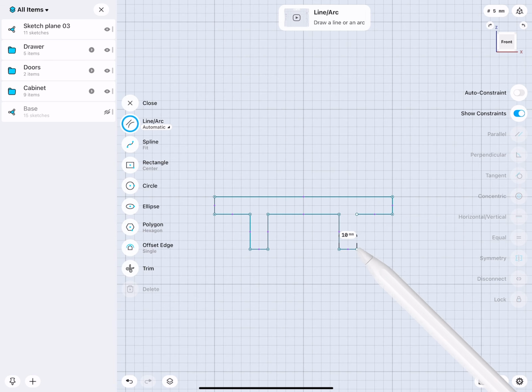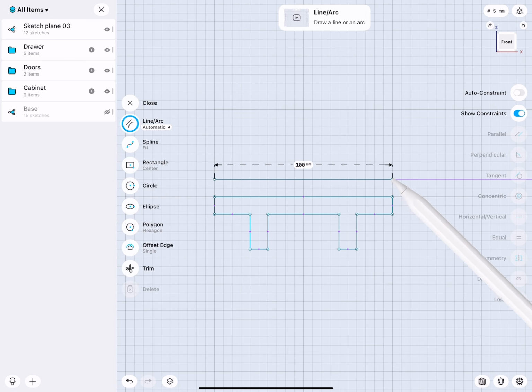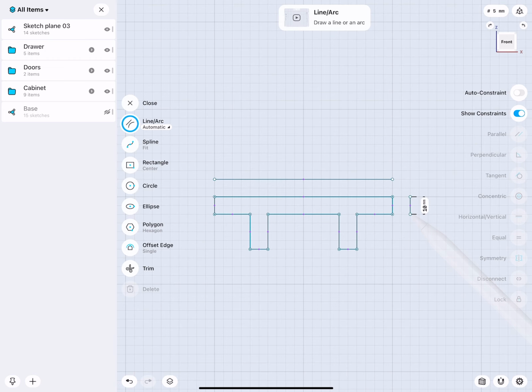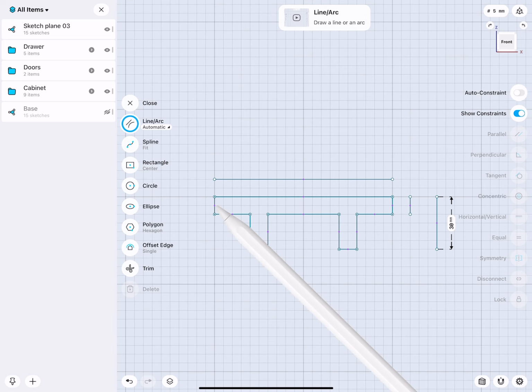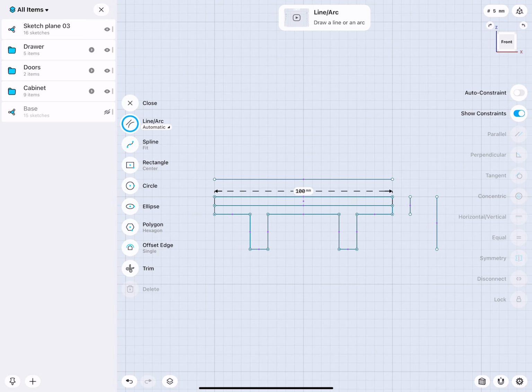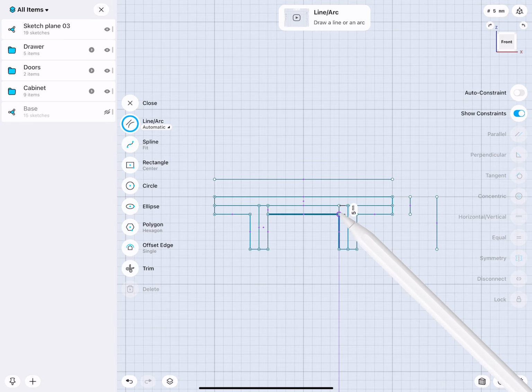Very good. So I have a dimension of 100, 10 thickness, and a distance of 30 from the drawer or door face. Then here I draw some lines. Also a line here and there.